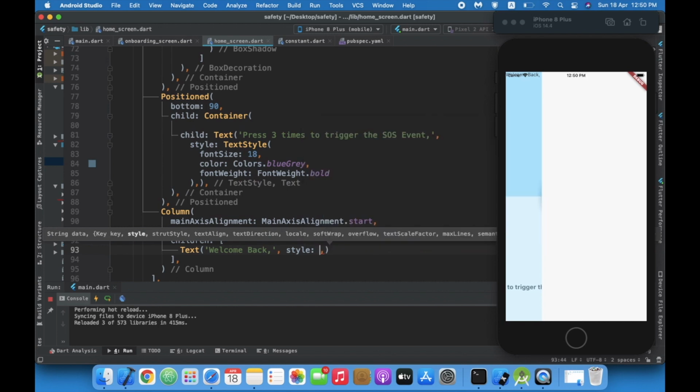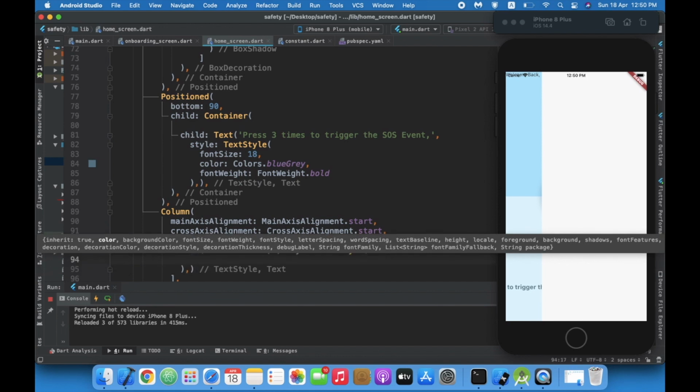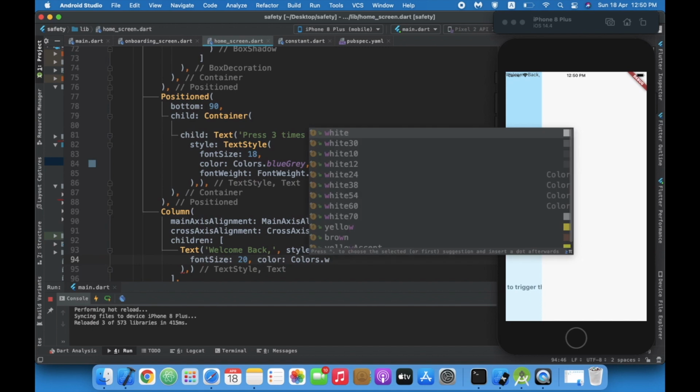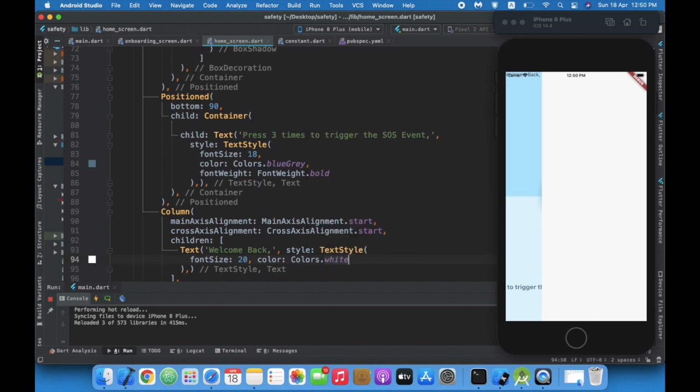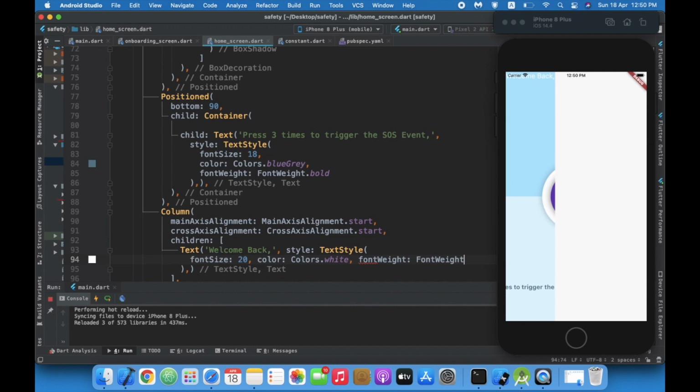Style. Font size 20. Color will be white. Font weight dot bold.